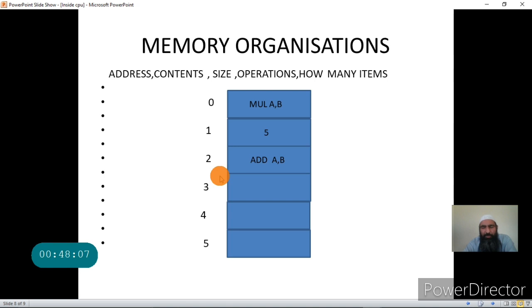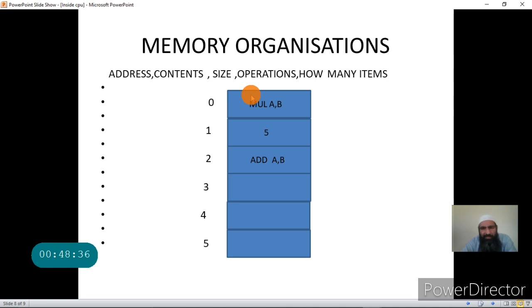But my important point is that memory is a set of locations. Each location is called a memory register. That memory register can hold an instruction or data in binary form. Each memory location has an address. Two memory locations cannot have the same address. Each location has a unique address, so that the processor knows from where it has to get what.